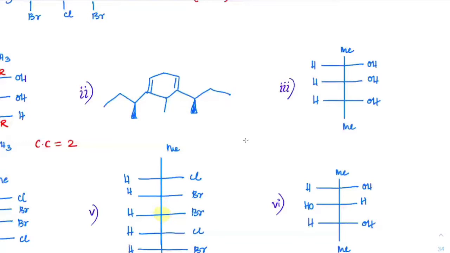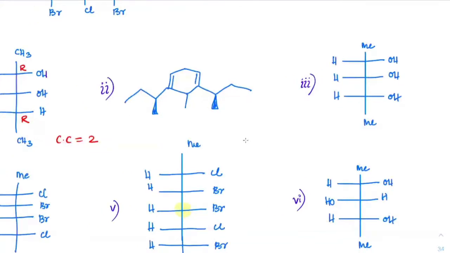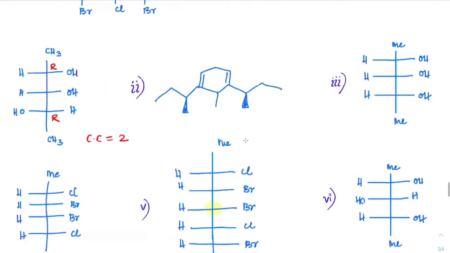Okay. If you put it on the Fischer projection, got it? This carbon and this carbon, if you put it on the Fischer projection, would that be? If these two groups are coming on the same side, what would that be? It will be R and S, right? They will be different. If this is R, this will be S. Or if this is S, this would be R. Clear? In that case, can I say this will be a chiral center?